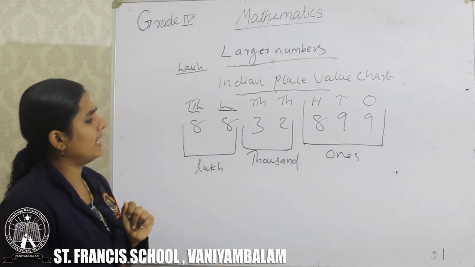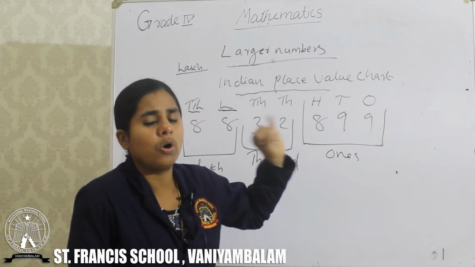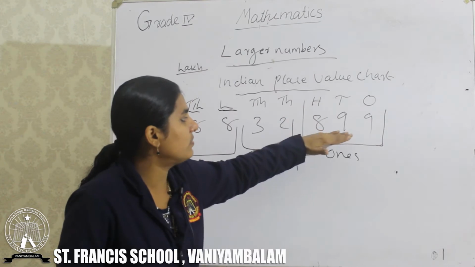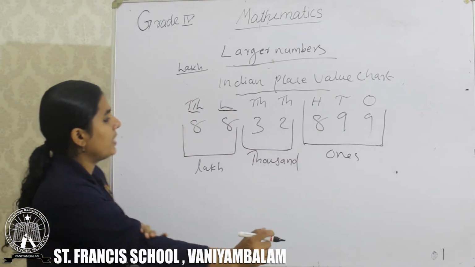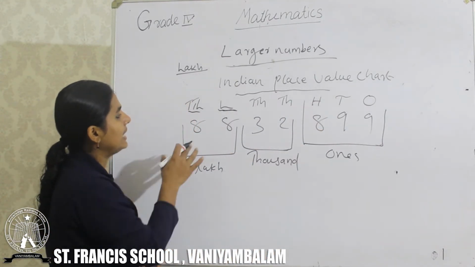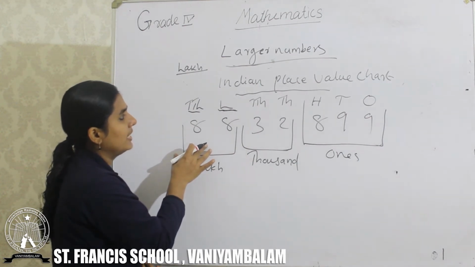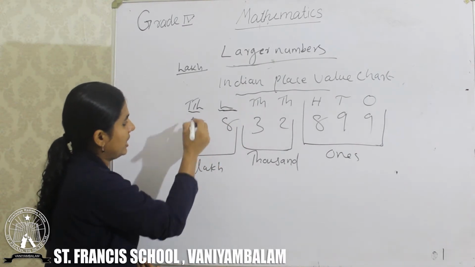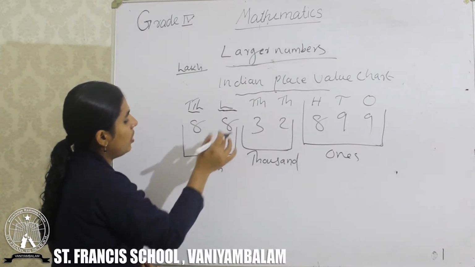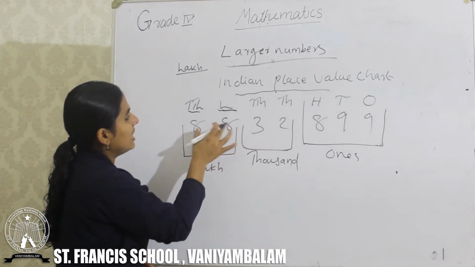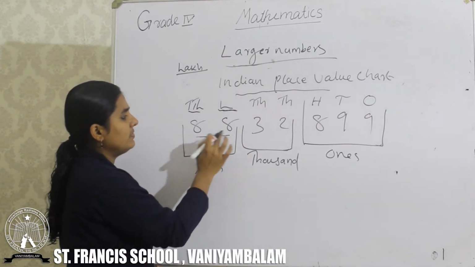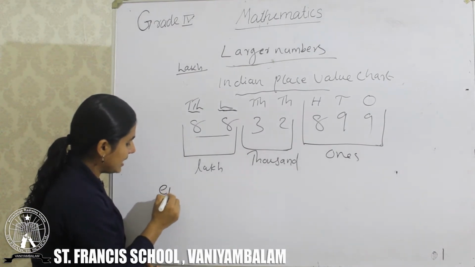Okay, now we can read the ones period. We have which places? Ones, tens, 100. This we want to read together. Now we can see how to write the number name of this number in the Indian place value chart, the Indian system of numeration. Here we have lakh and 10 lakh together. Read this number. This is which number? 88. Then write here 88.